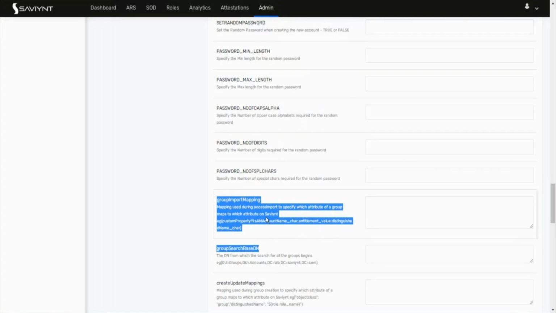Group import mapping basically tells us to do mapping between the end application and the group which is getting mapped in Saviynt. Access import specifies which attribute of a group is mapped to which Saviynt attribute. I'll create a group or entitlement in Saviynt as well. So don't worry about that, then you'll be able to understand better. But there's something which specifies the connection level from where we want to pull in all the groups or